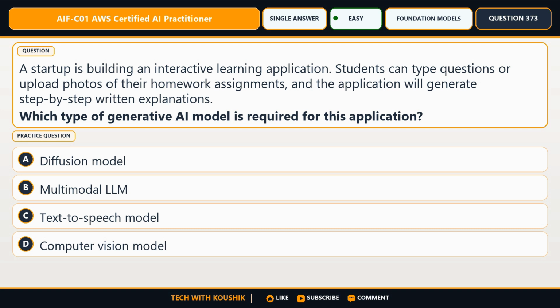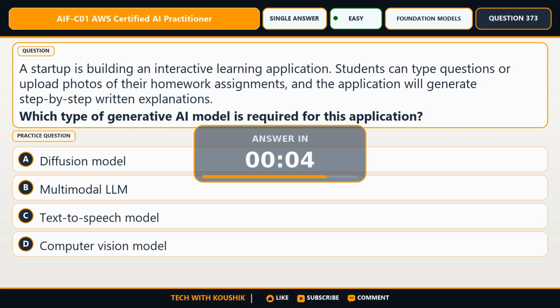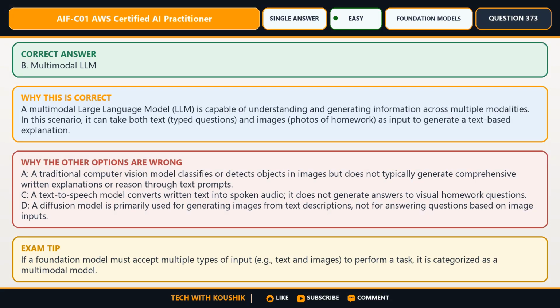The exam distinction is hidden in these choices. Now examine choice A, diffusion model. Choice B, multimodal LLM. Choice C, text-to-speech model. Choice D, computer vision model. The correct choice is B, multimodal LLM. The requirement to solution match is a multimodal large language model, LLM, is capable of understanding and generating information across multiple modalities. In this scenario, it can take both text, typed questions, and images, photos of homework, as input to